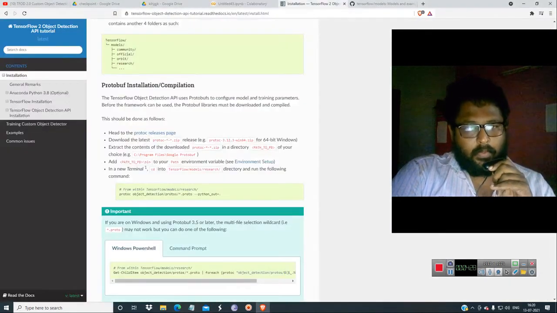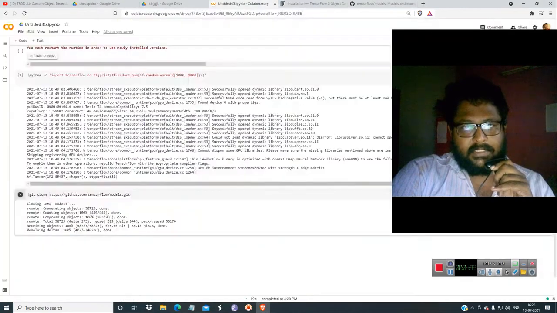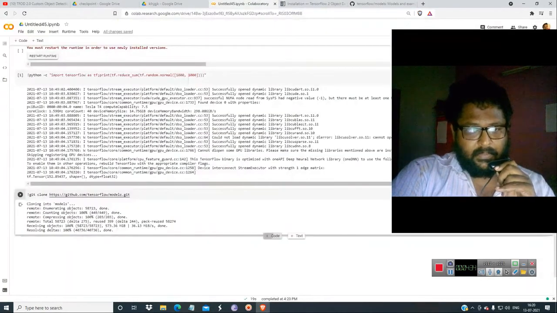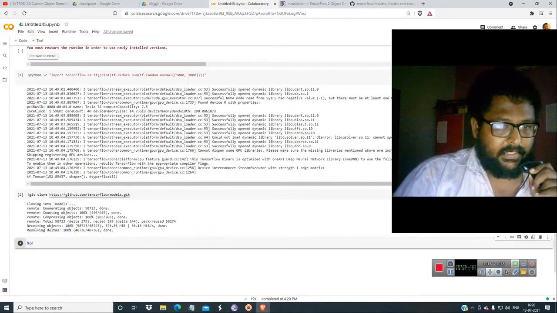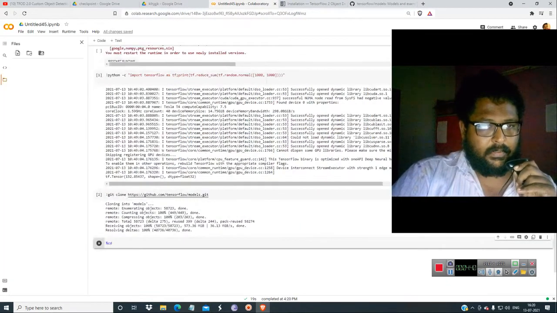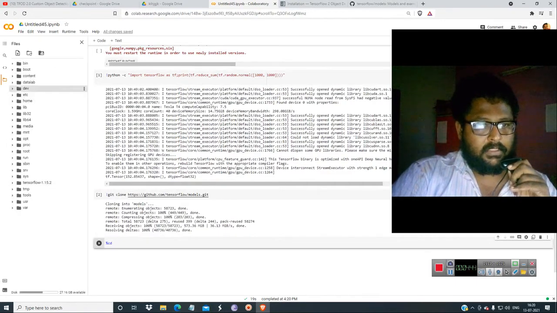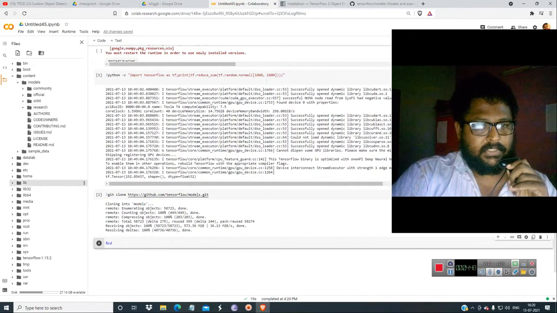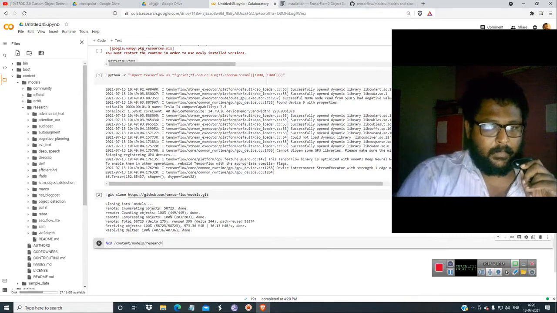Then what we have to do is get into the models research directory. So get over here and go to the percentage cd, and go to the models, from content, models, research. Okay, and then copy the path, just get over here.